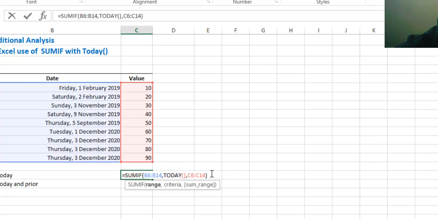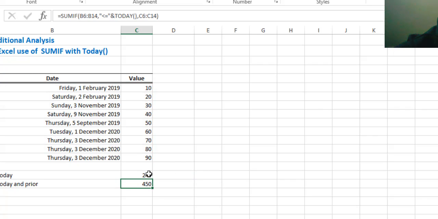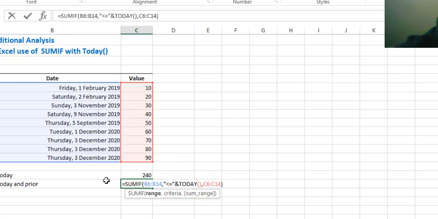So when we click enter, we get this 240, and we know that 70 and 80 and 90 equal 240. And in the next, we can also use this formula